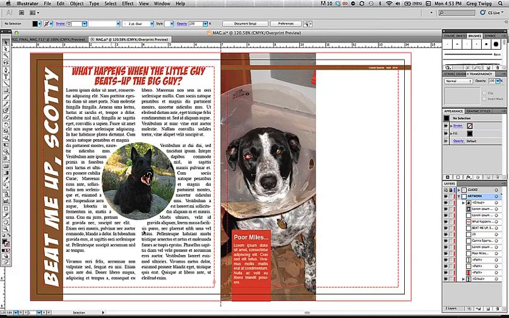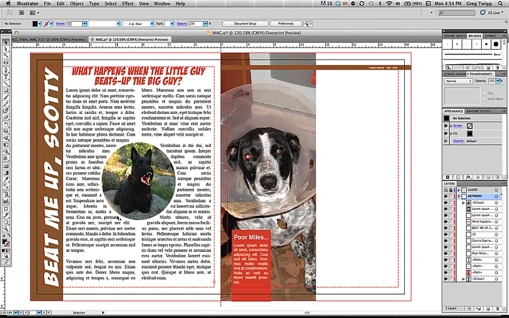So what I'm going to talk about now is something called flow text or linked text. And what this has to do with is a very common layout issue where you've got a lot of copy going between different pages or different parts of a publication that is all connected. And in order to keep things editable and not having to separate text into different areas, there's this really cool feature that Illustrator has that's basically a product of other layout publications like QuarkXPress or PageMaker or whatever. And it's a very handy